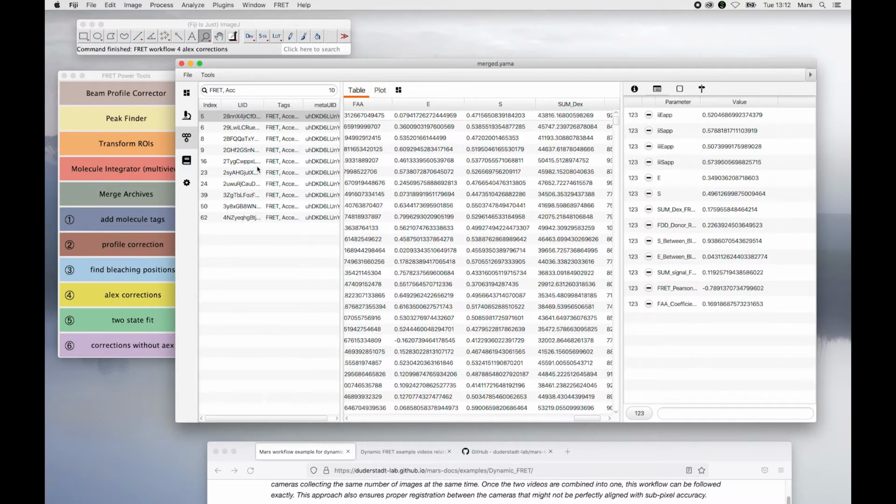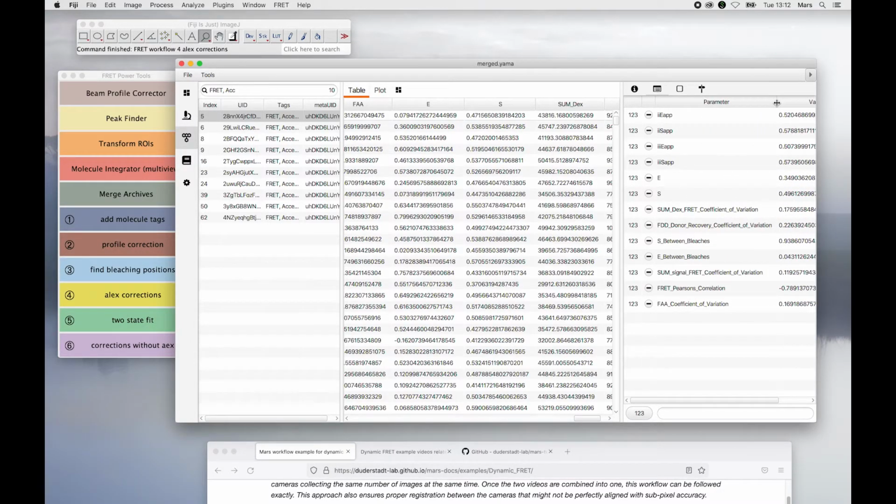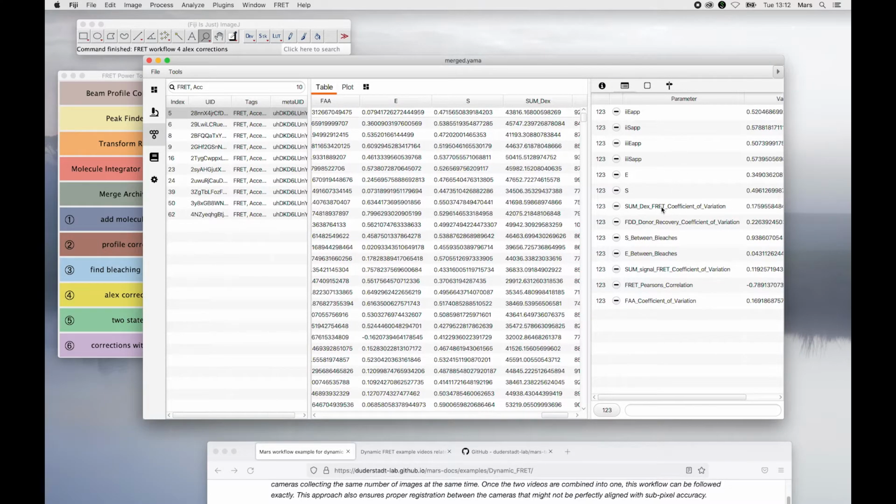All right, so that script ran, and it added all these columns. It also added a bunch of parameters, which we can see over here. Many of these are used for the validation notebook. So we've calculated coefficient of variation. This calculates the stability of the curve, and ENS for between the bleaches, the sum signal coefficient of variation, also